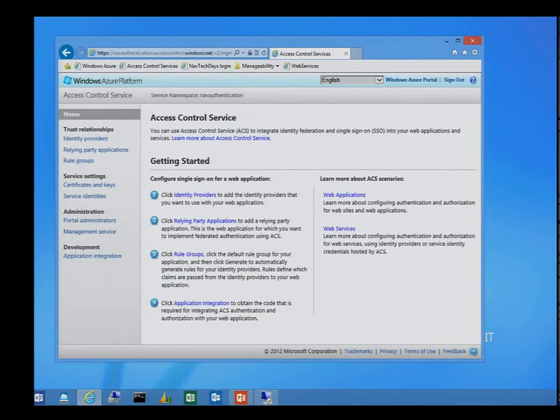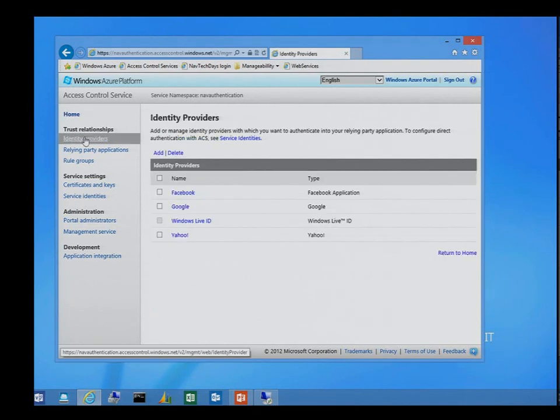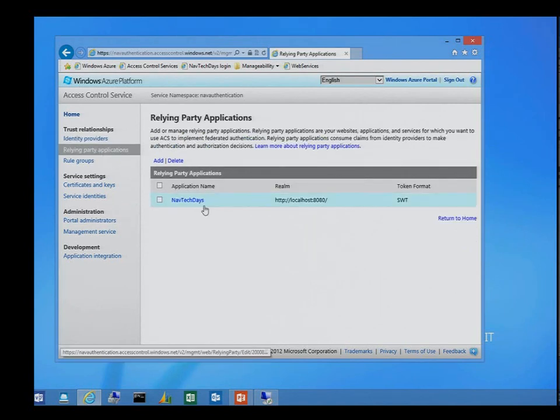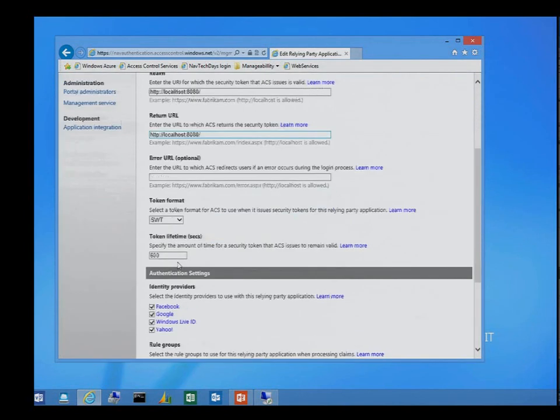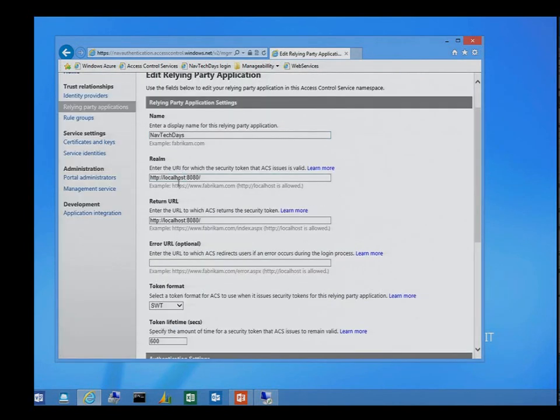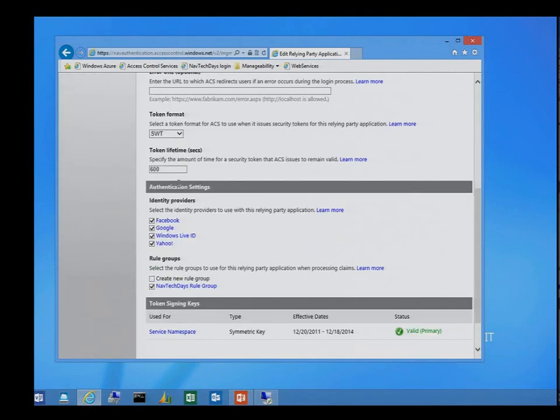This is the portal of ACS, and it's fairly simple to configure. We have identity providers, all the ones I've chosen. Then we have relying party applications. I just have this NAV Tech Days application, where I'm configuring a lot of stuff. I will go back to that later if there's time. Otherwise, you can find me at the tech booth.